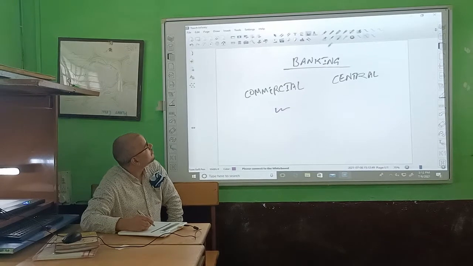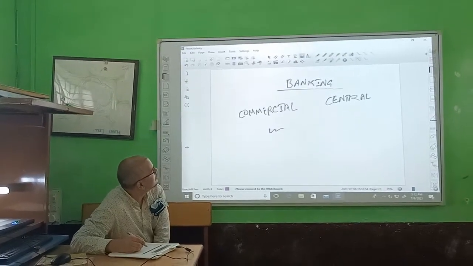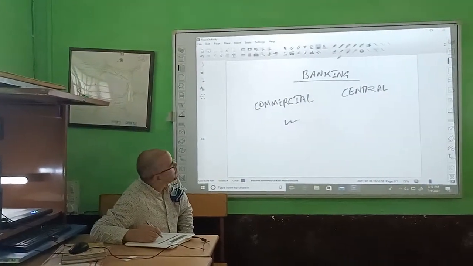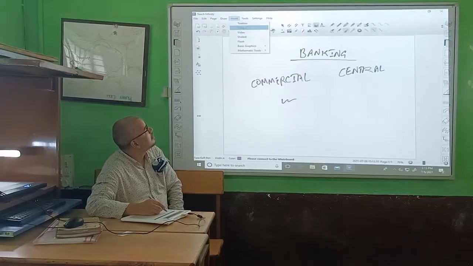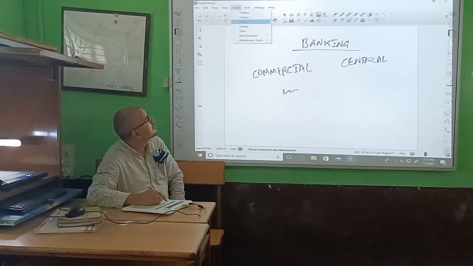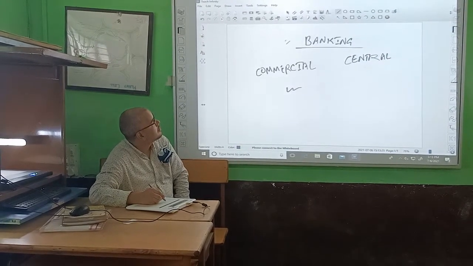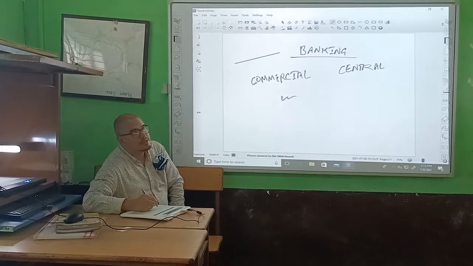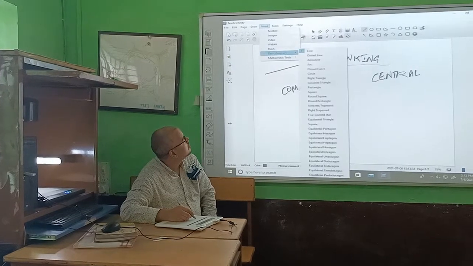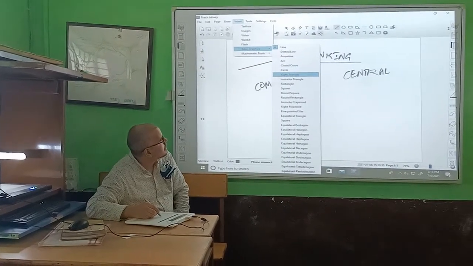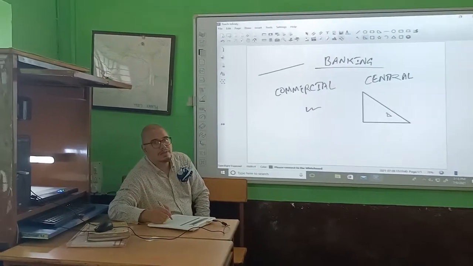Now apart from that, in the insert portion, you can insert a text box, you can import images, videos as well. Not only that, you can import graphics like line, dotted line. Let's take line, then we can draw a line over here like this directly. In the similar way, if you want to draw an arc or a right triangle, let's say, you can draw directly. So less time will be consumed.